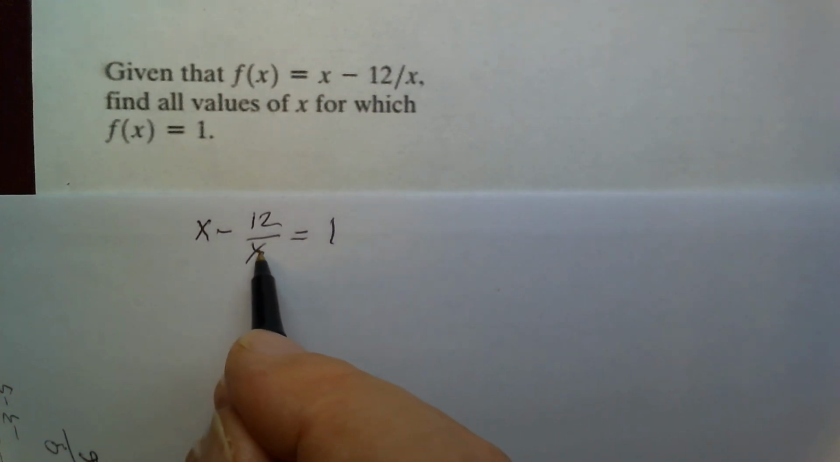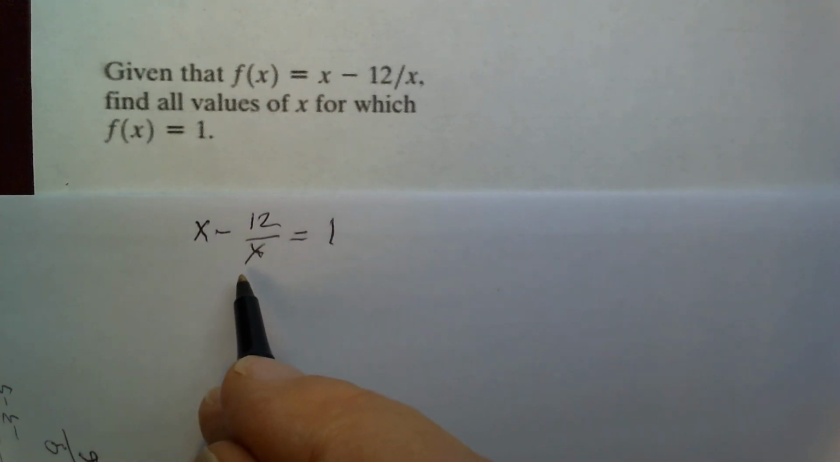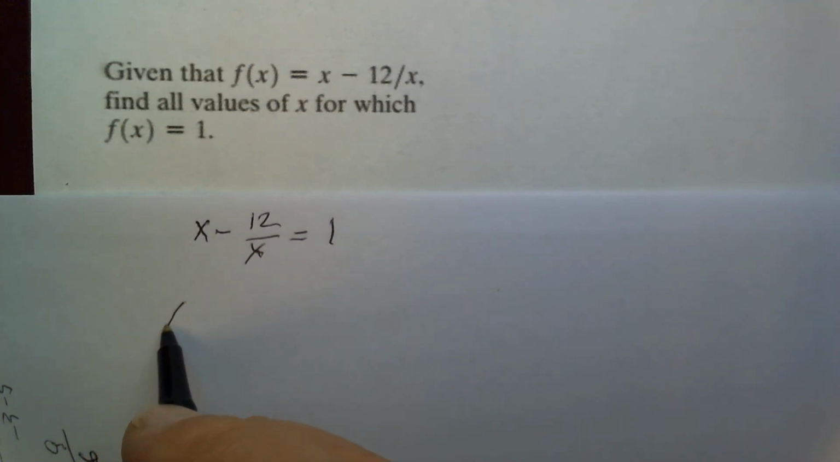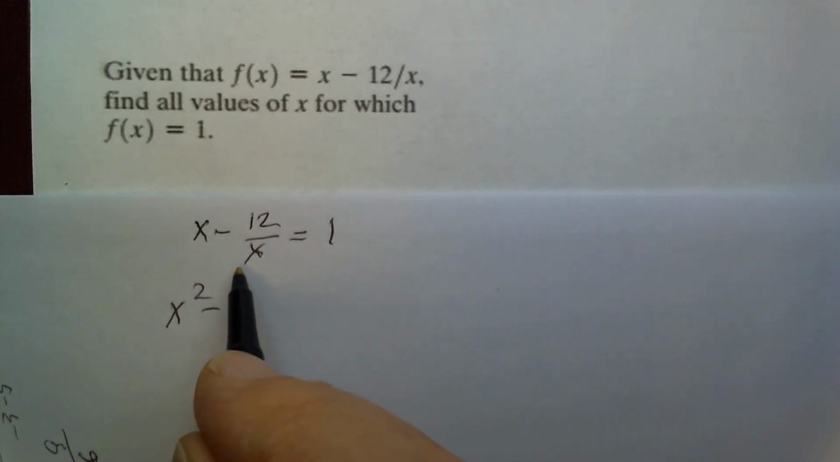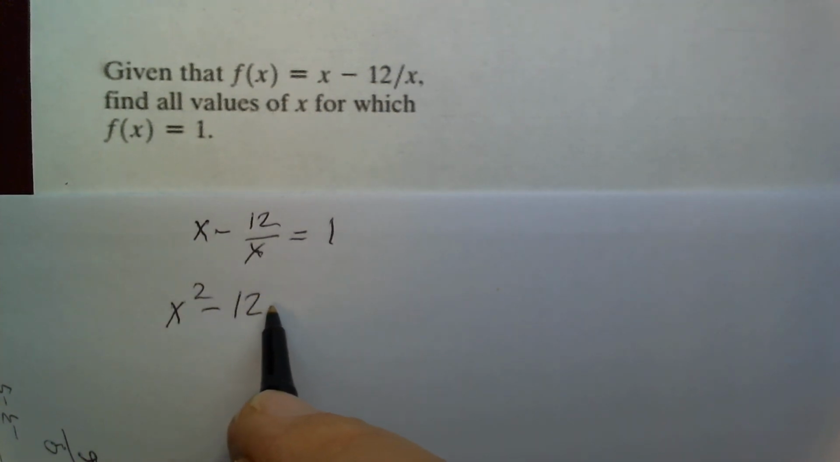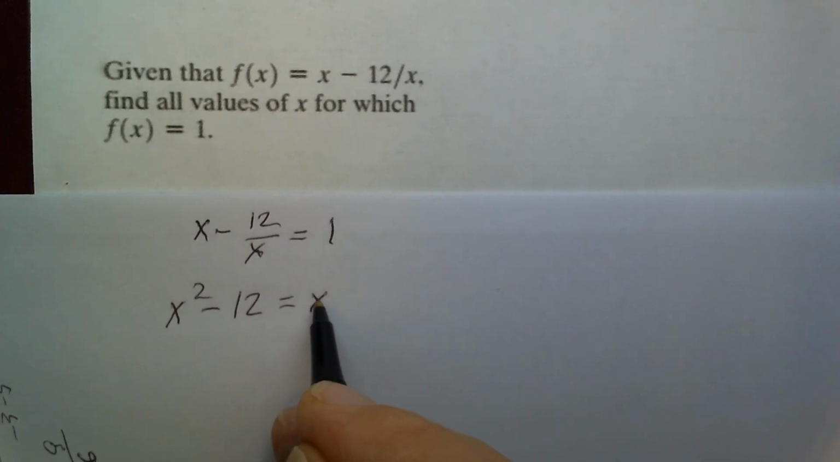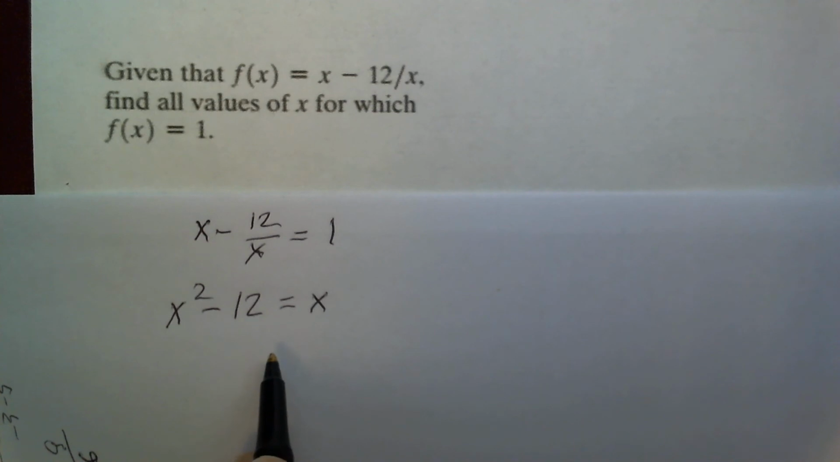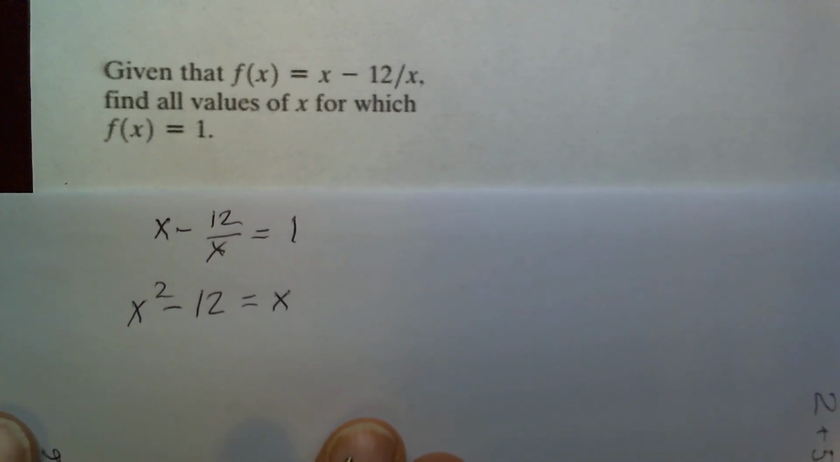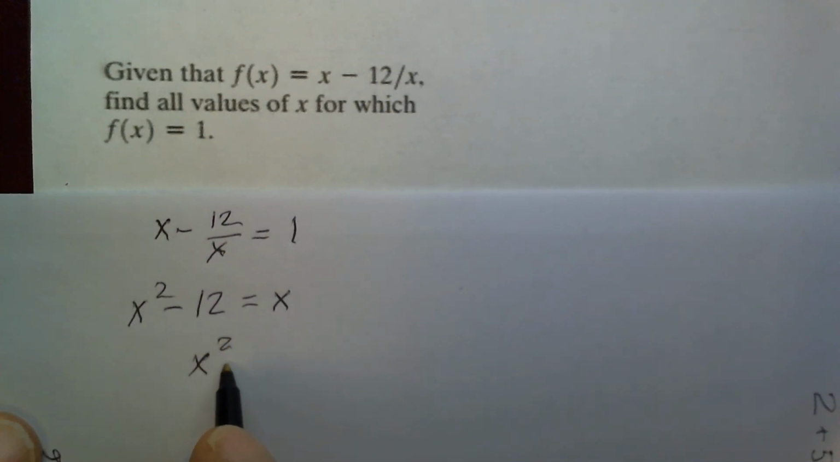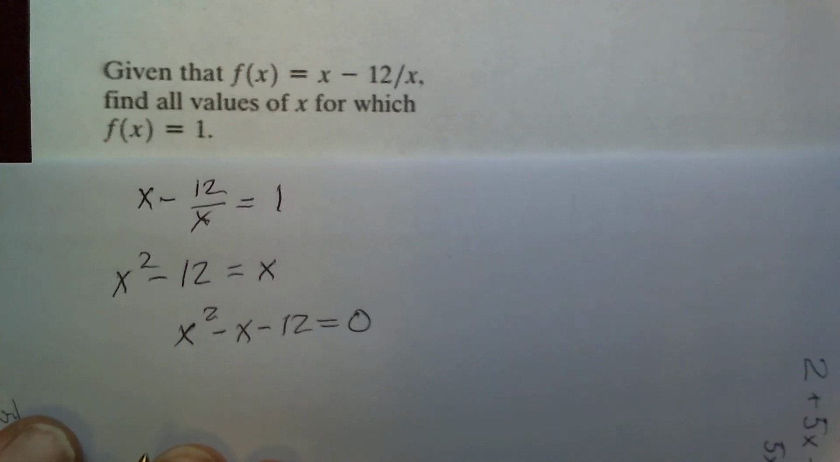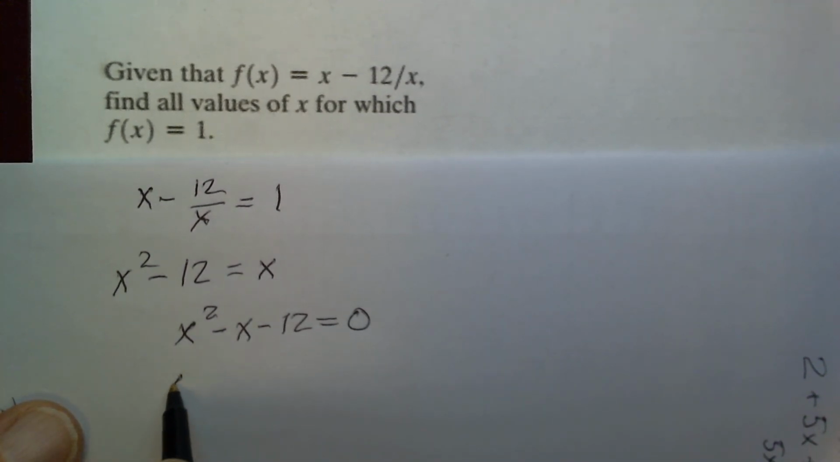So when we multiply both sides by the LCM, which is obviously x, then we get x times x is x squared, and minus 12 times x divided by x is minus 12, and 1 times x is equal to x. So then we subtract x on both sides, and we are looking at the quadratic equation x squared minus x minus 12 equals 0. So we can factor the trinomial x squared minus x minus 12 into x minus 4 times x plus 3